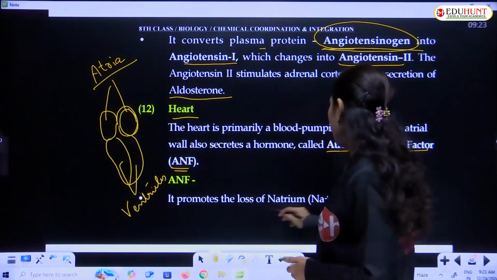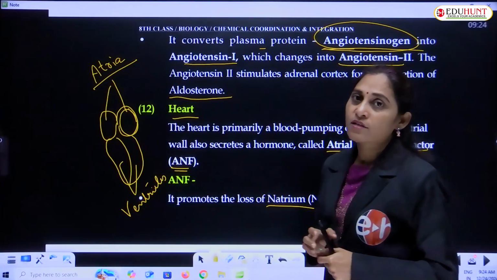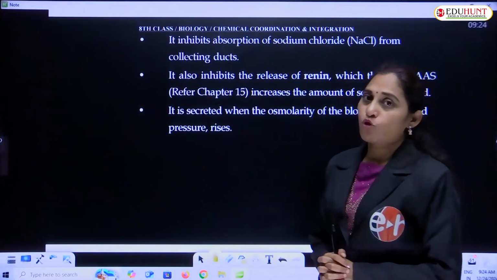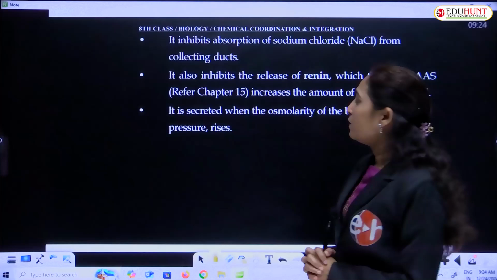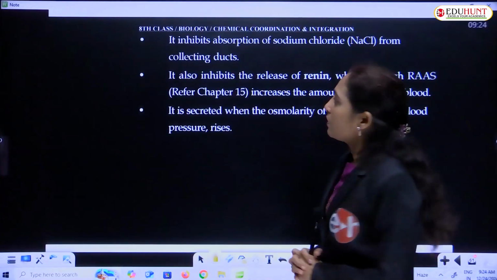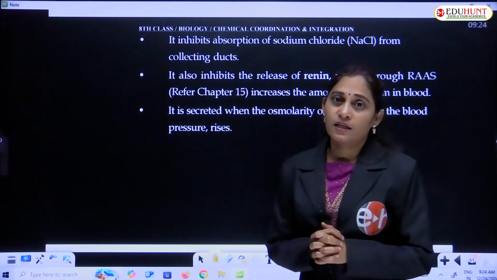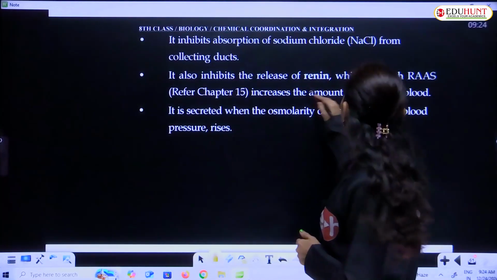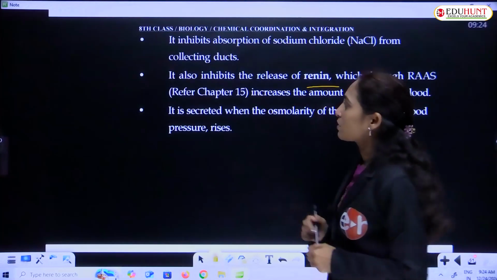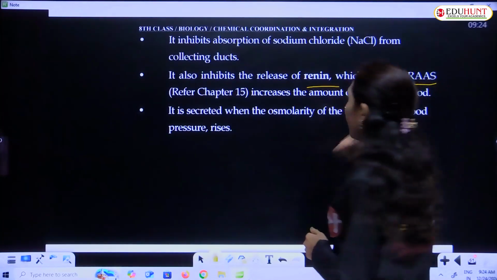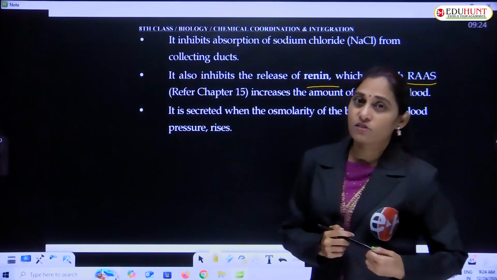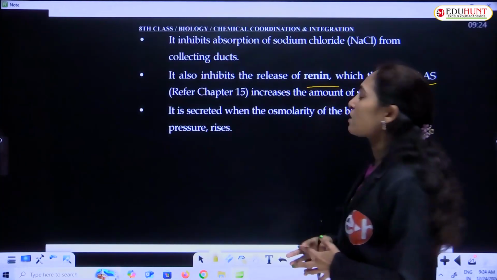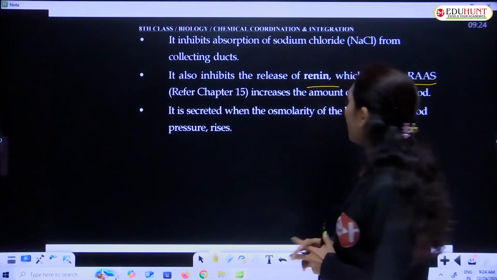It promotes the natrium concentration, that is sodium concentration, in urine, and inhibits absorption of sodium in the NaCl form from the collecting ducts present in the nephrons of the kidneys. It also inhibits the release of renin, which throws RAAS, the renin angiotensin system. RAAS increases the amount of sodium in the blood, and it